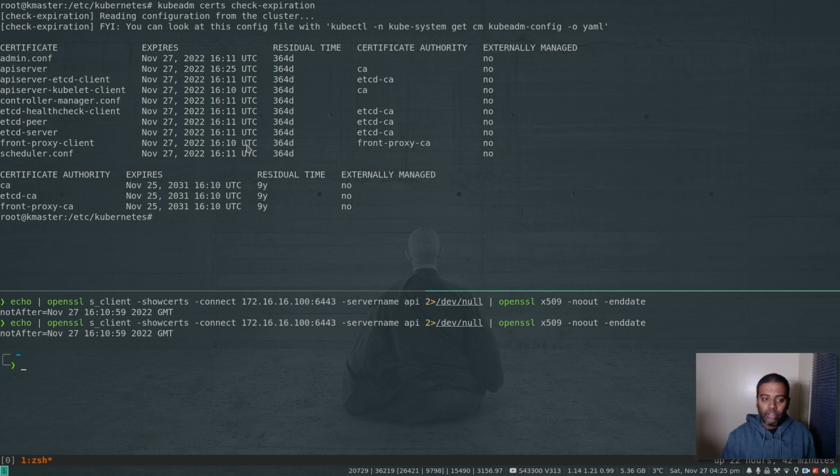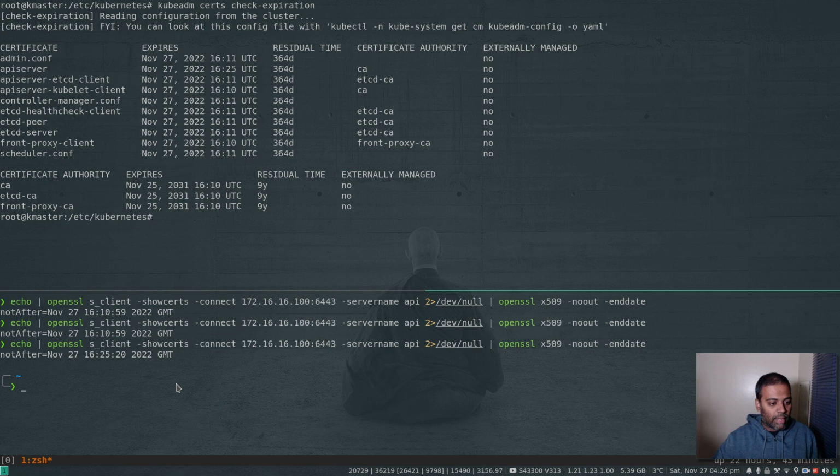The thing to note here is, we have generated a new certificate for the API server component, and we have updated the certificate files in the file system, but we haven't actually restarted the API server component. So you also need to restart. It's not actually required. If I run this after a short while, maybe a few seconds have passed, and I run the same command again, now you can see it's pulling the new certificate with the right expiry